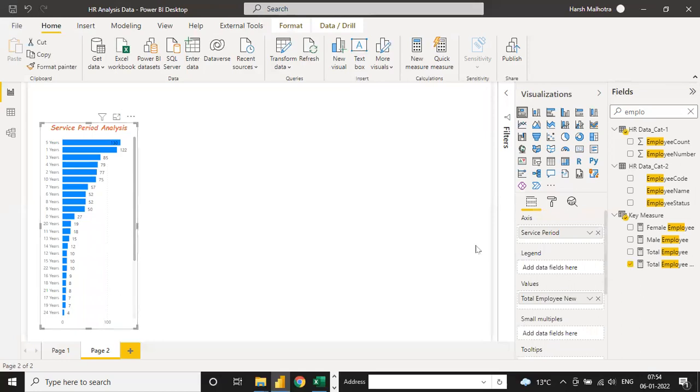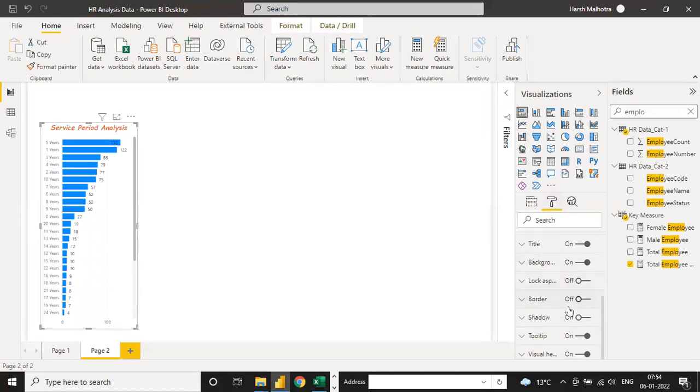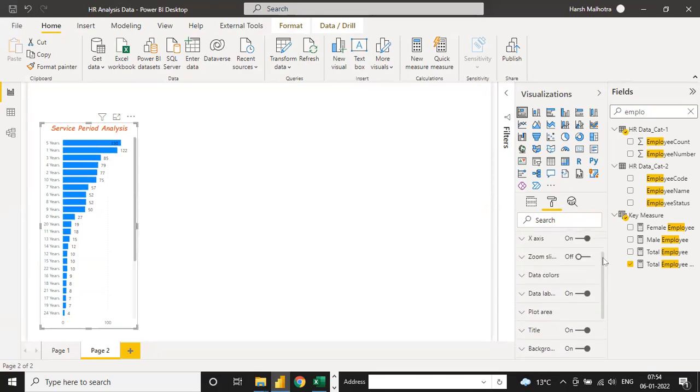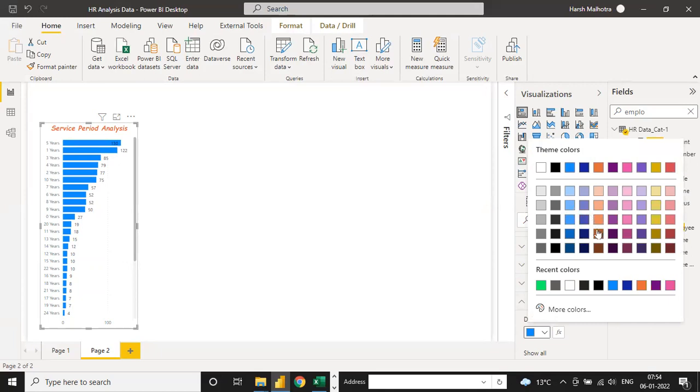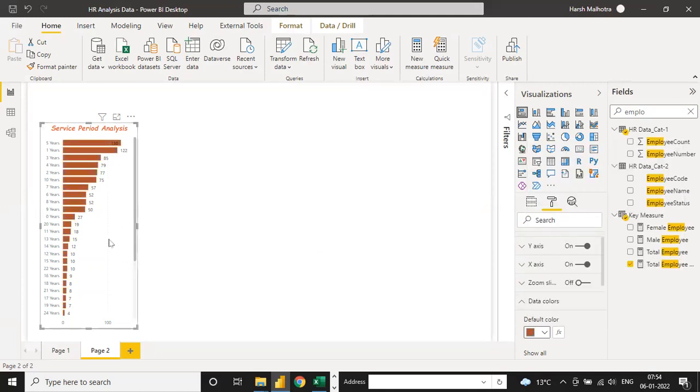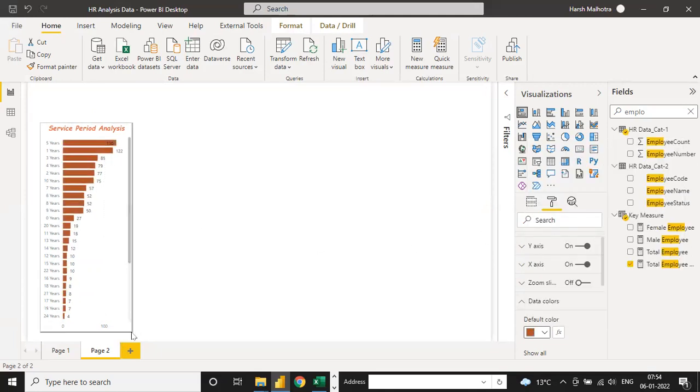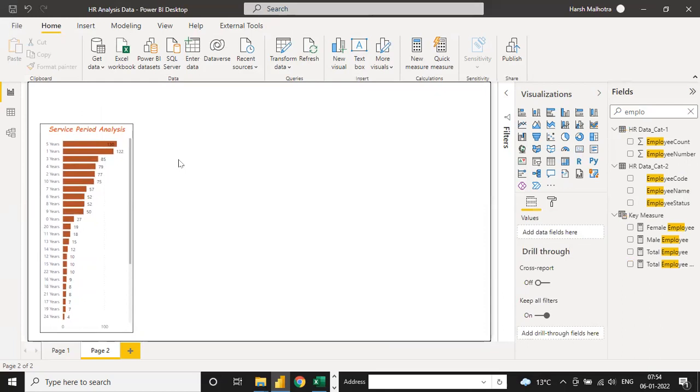So click on this table again, click on a little border and shadow, and also you can change a lot of colors like data color. So default color is this one. If you want to change, you can change the color like this. Okay, so this way is your service period analysis.